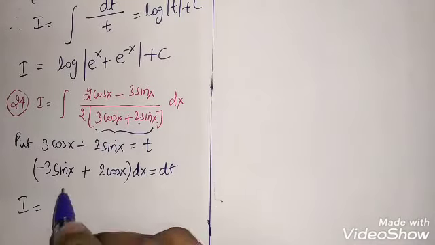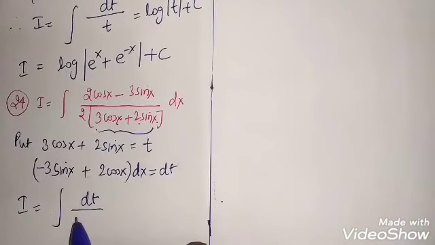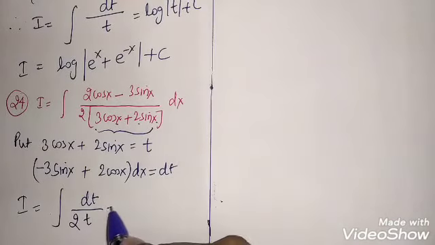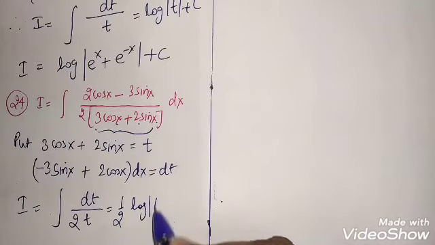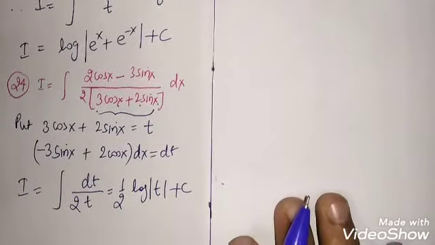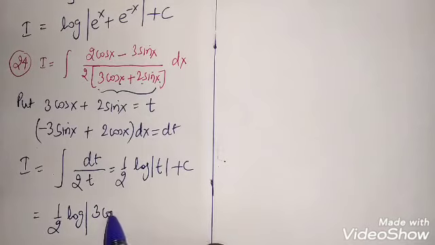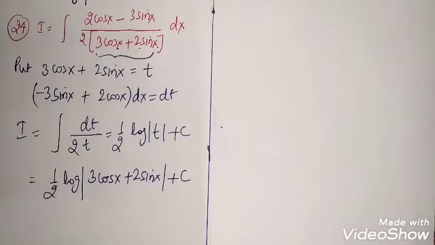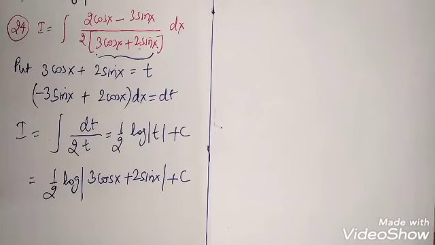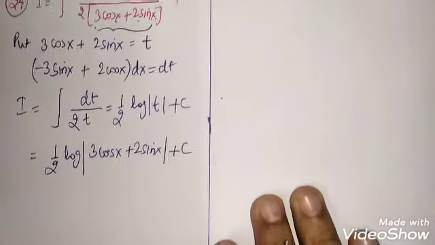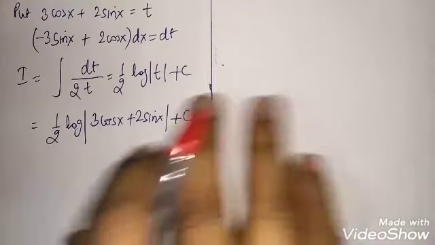So the integrand is the integration of dt by 2 times t, which is 1 by 2 log of mod t plus c. The value of t is 3 cos x plus 2 sin x, obviously. So it is 1 by 2 log of mod 3 cos x plus 2 sin x plus c. Done. Okay, 25th, again a bit more difficult question than the previous one. So 25th, as in 19th,